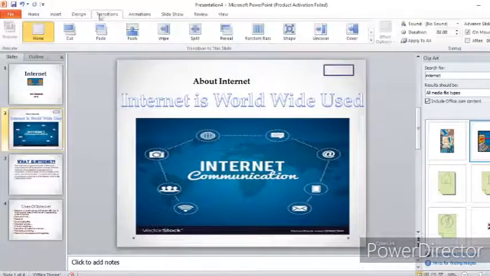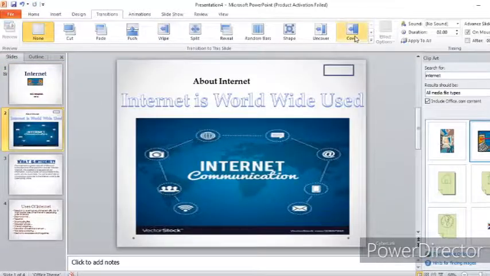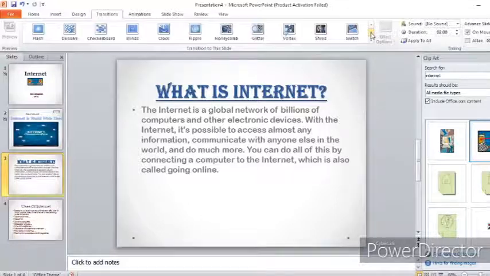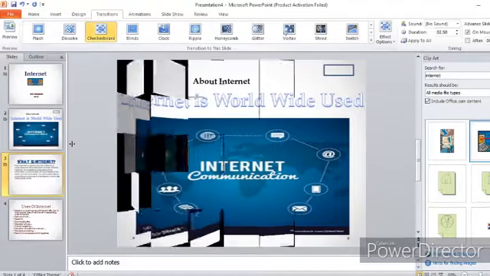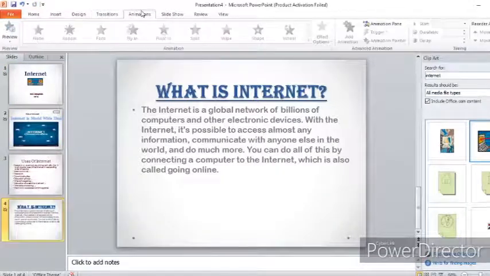Next is transition. This transition will come like wipe. Whatever transition you are using, when one slide goes to the next slide, it shows both the slides in between. In the next one, suppose I am taking this cover. Just click here. You get different types of transitions there. Then go to the next, like checkbox. Then go to the next. Then four slides have been made, transition done, and the next phase is the animation.